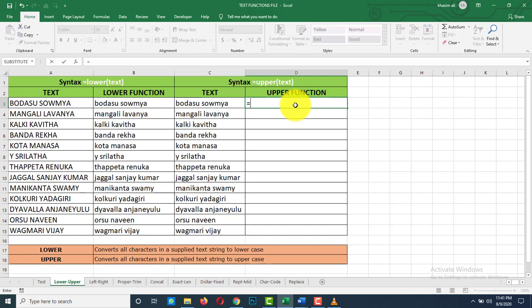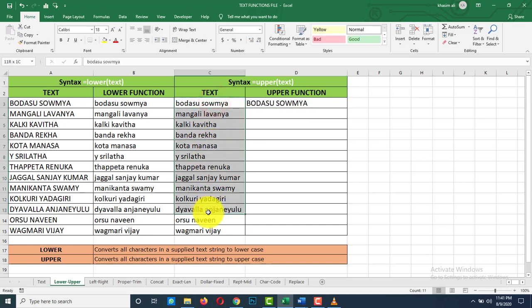Write your formula, that is equal to upper of text string, that is C3. See, the lowercase letters are converted into uppercase letters.